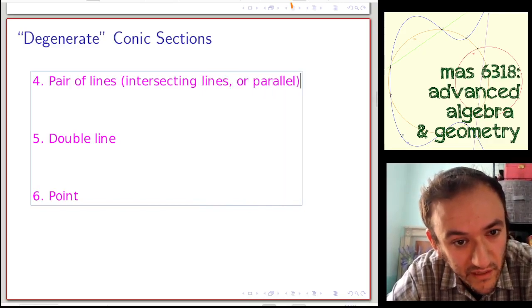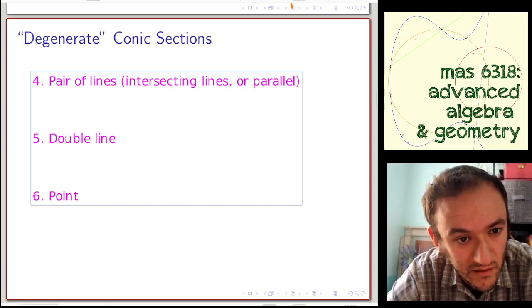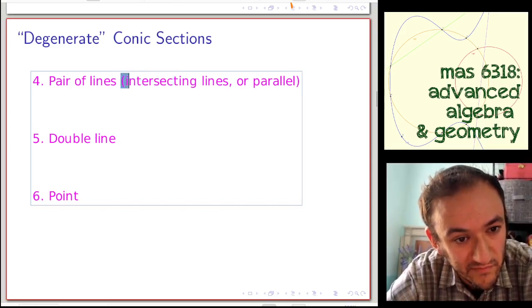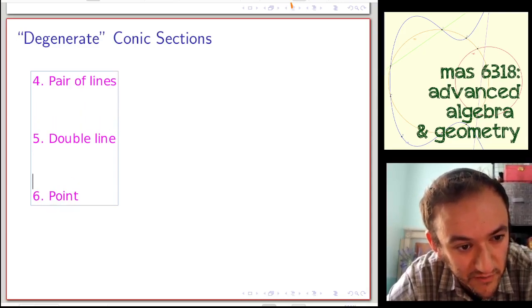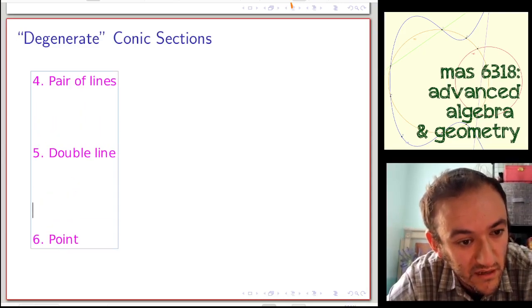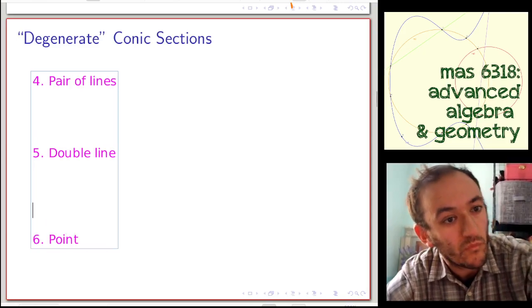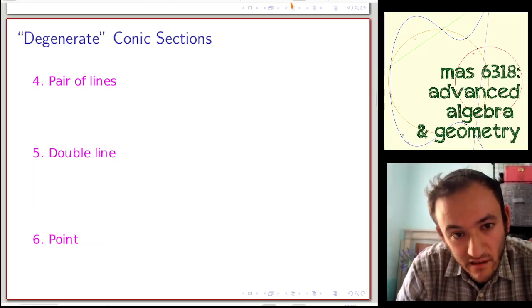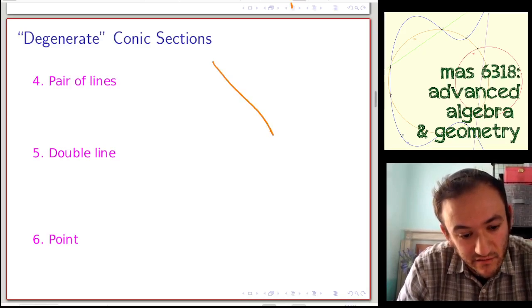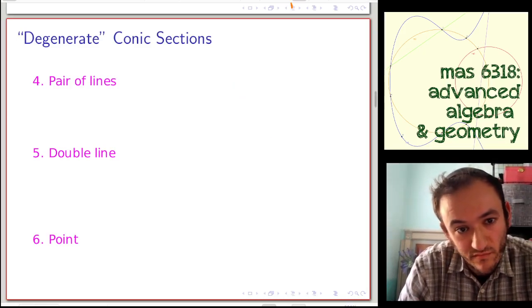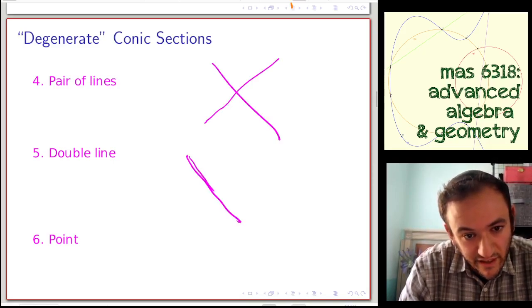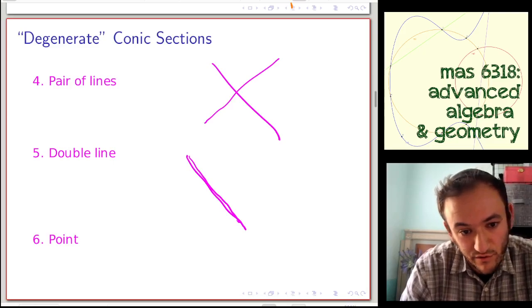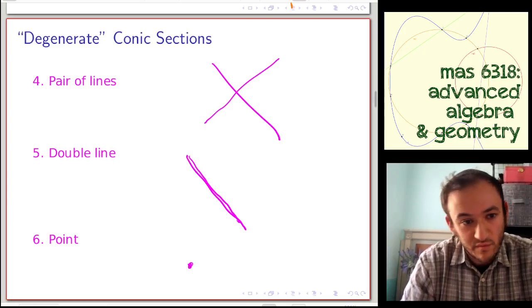Okay, you know what, let's just leave them as intersecting. The parallel case is not super obvious from the picture, so let's leave it as just a pair of lines. So we could get something like a pair of lines, you get this fat line, or you could get a point, and these would be described by